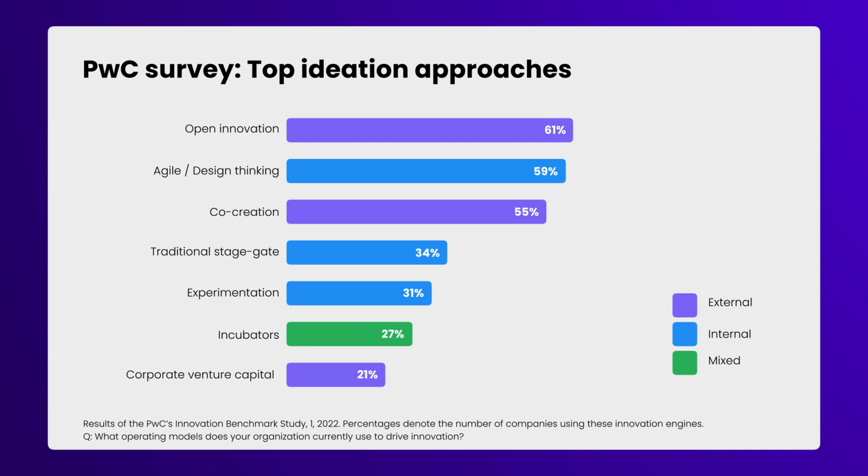This shows that there is no silver bullet when it comes to ideation. Indeed, most companies do not limit themselves to just one ideation approach. Incorporating a diversity of sources and approaches enhances idea generation, which ultimately improves innovation outcomes. But with all these ideation approaches available, how do you choose the best one to use to achieve your goals? We'll answer this question in the next sessions.